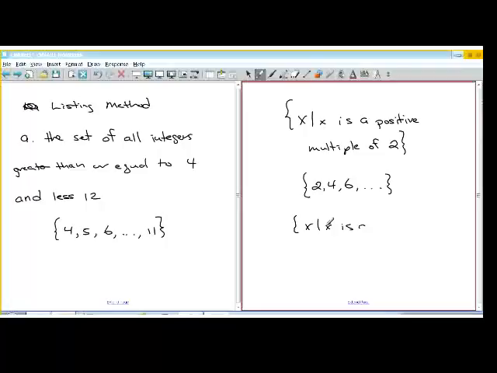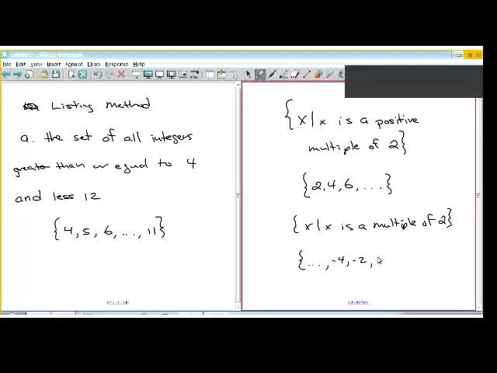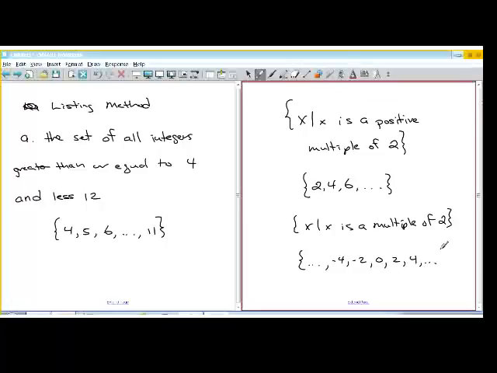If I said, for example, x, let's say x is a multiple of 2 without the positive part, then it would go something like this. You'd start out with dots to show that you're coming from negative infinity, and then I would have something like -4, -2, 0, 2, 4, dot, dot, dot. So this would just be associated with it. So it's like this, except I include the negative multiples. And I also included 0 because 2 times 0 is